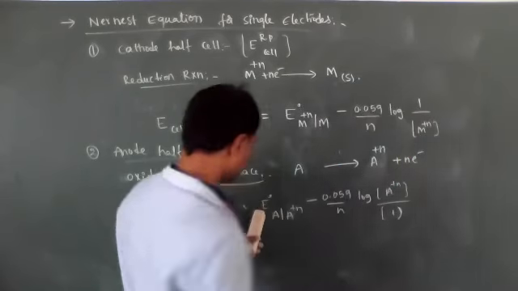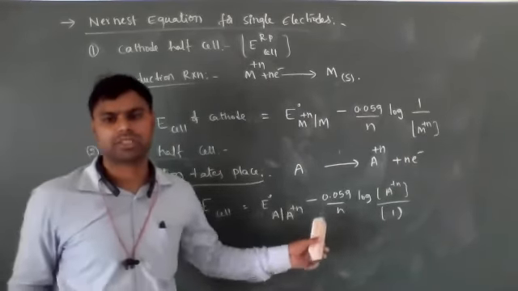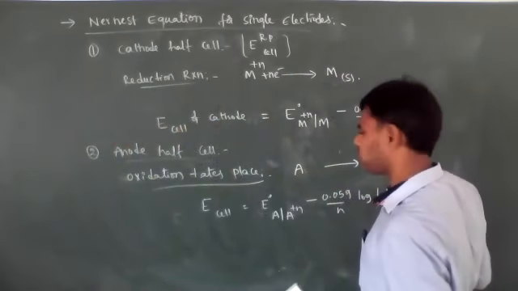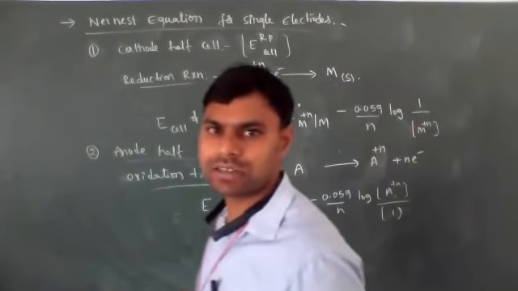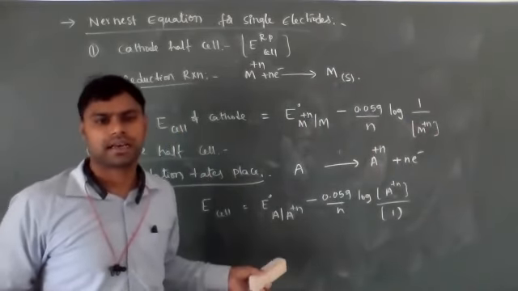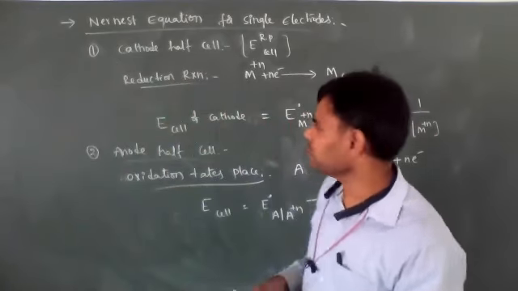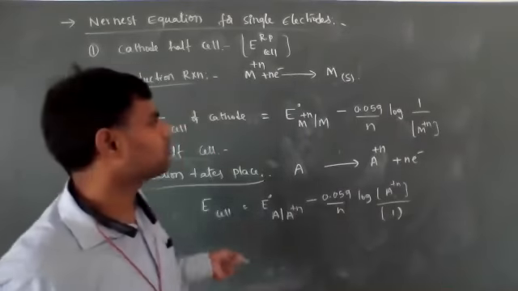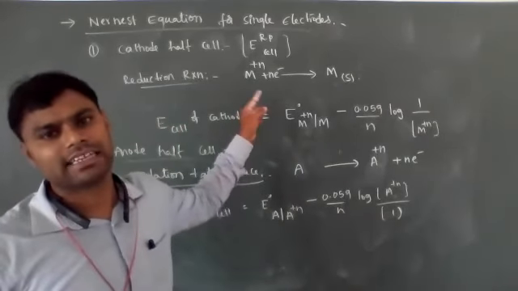Then it is equal to E0 of oxidation potential minus 0.059 by n into log concentration of products. So this Nernst equation is also applicable for single electrodes or half cells, and the Nernst equation is also applicable for a hydrogen electrode. Hydrogen electrode means we use the hydrogen electrode as a reduction electrode as well as a